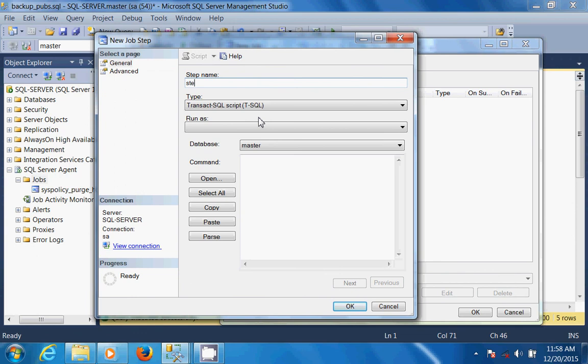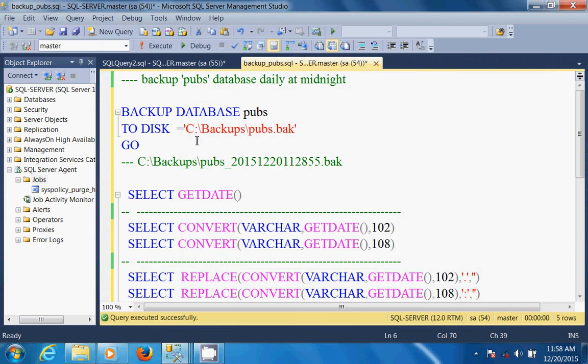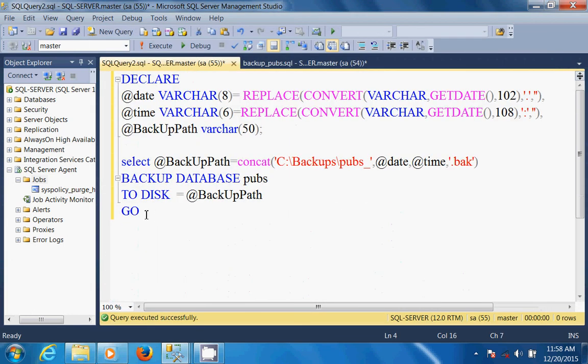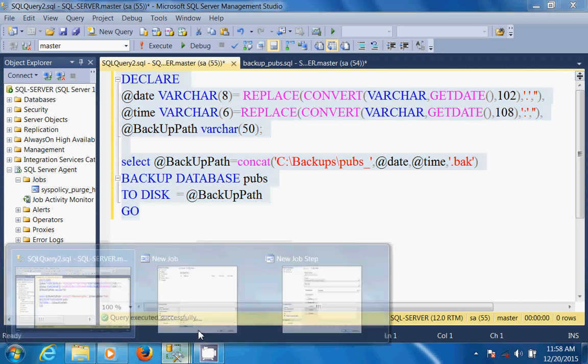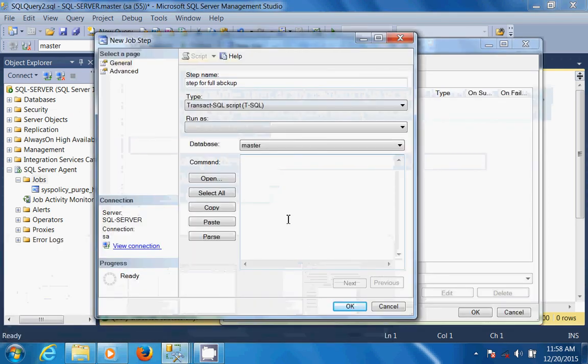It is the step for full backup, and I am using a T-SQL statement. This is the statement I have to place in the command text box.